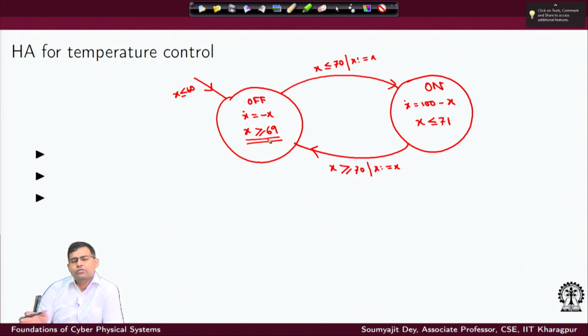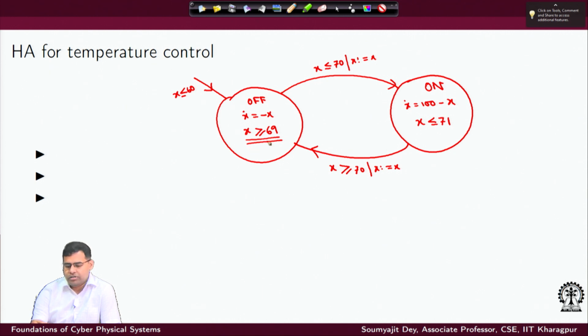It will be asked to try and satisfy one of the guards, because if your invariant is not satisfied and any guard condition is also not enabled, that means the execution of the automata is stuck. That means it is not a correct model, or there are behaviors in the model which are not acceptable, because the automata cannot go forward, right. So, you are allowed to be in this off state as long as your temperature is greater than or equal to 69. If it falls below 69,